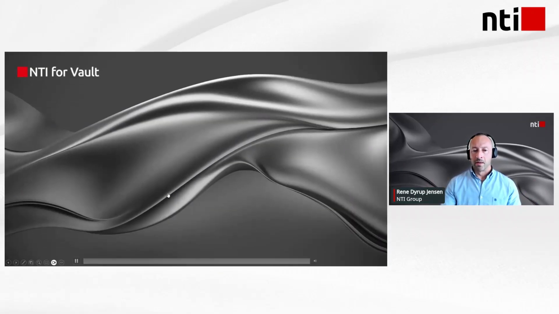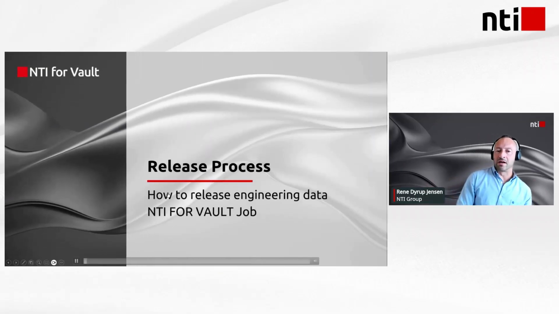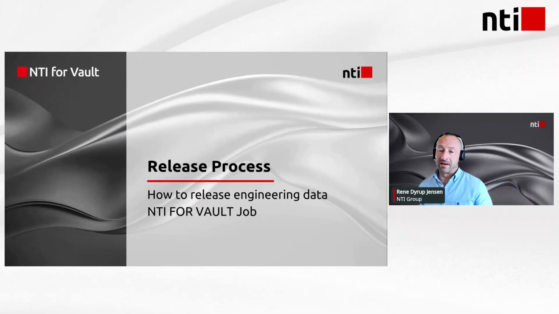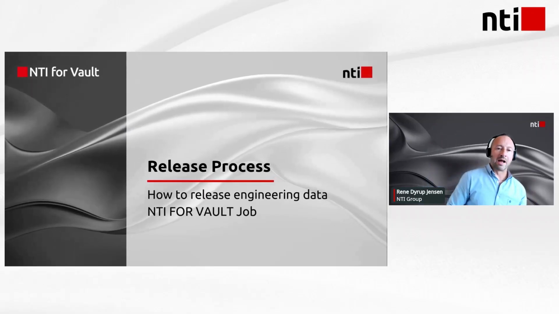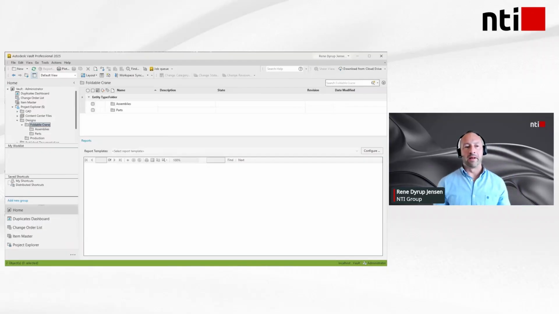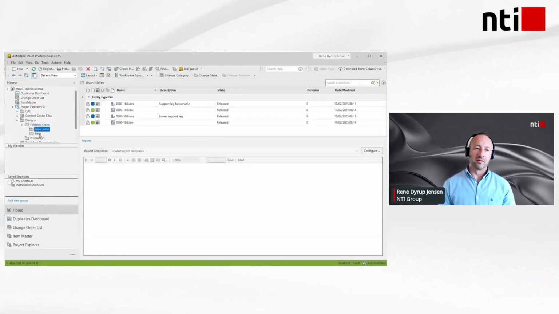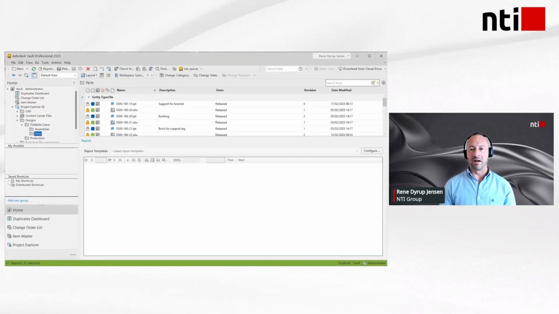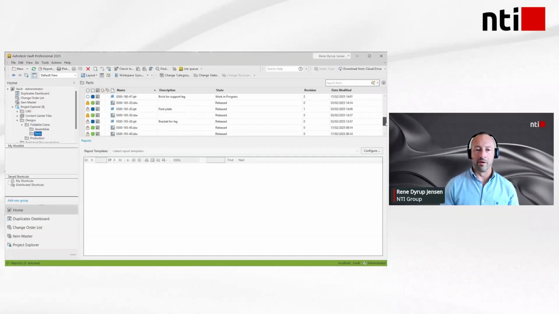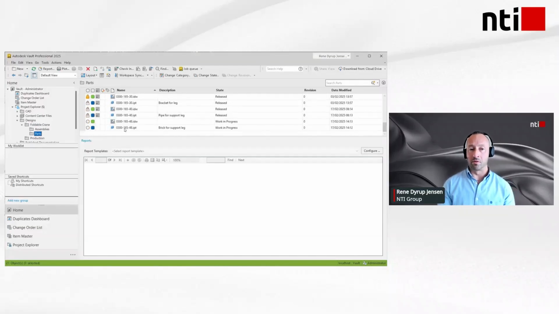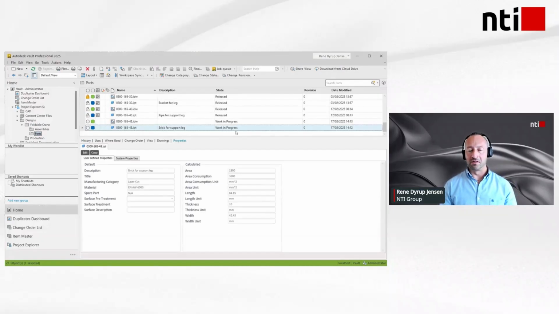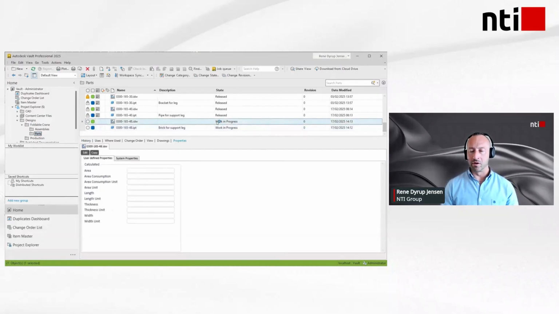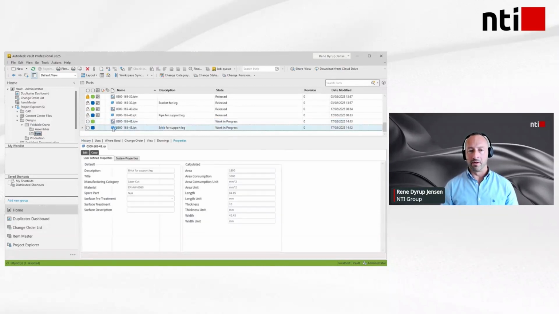And just to showcase how this actually looks in real life, I have made an example where I combine the file-based environment with the item-based. So I started in my file-based environment. In this case, I have prepared a part with a drawing. And as you can see, the lifecycle state of the drawing and the model is work in progress, and the revision is 0 for both instances.